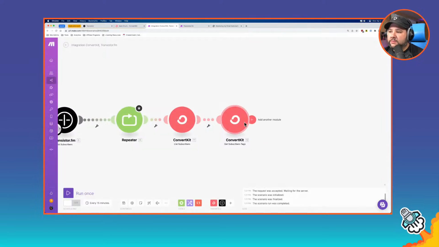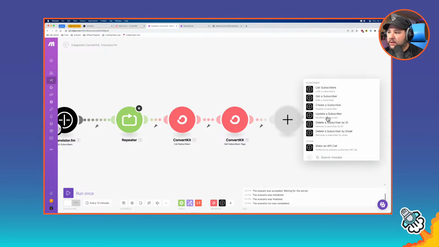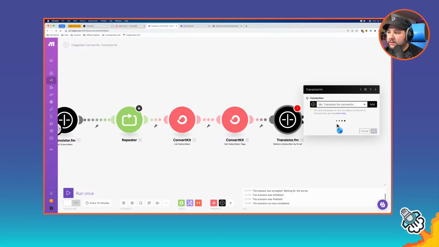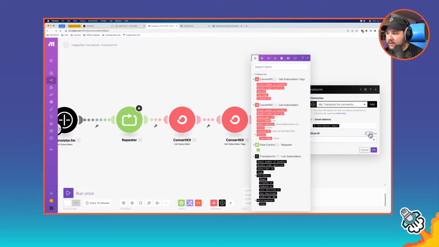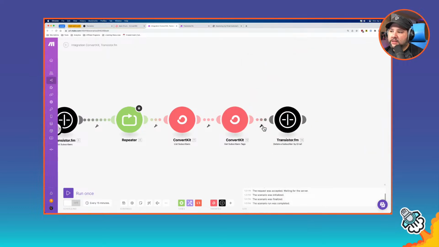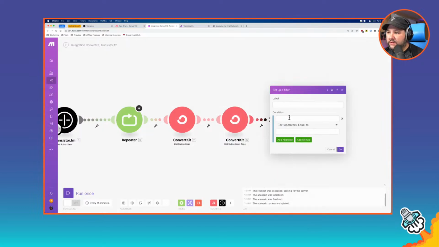If there are multiple tags, then you're getting an array of things. You're not just getting a list of tags. So now if I set up a filter,